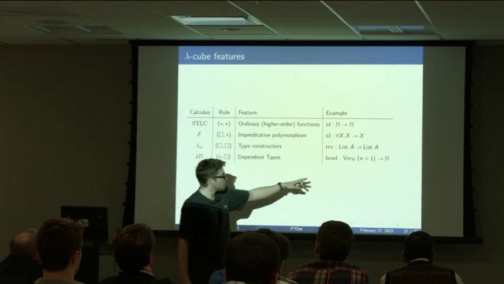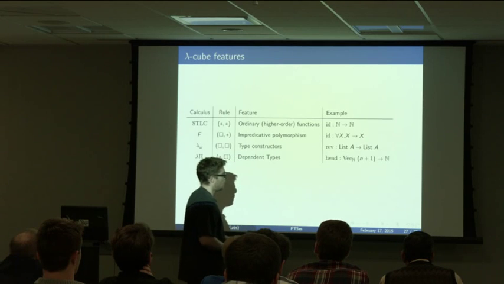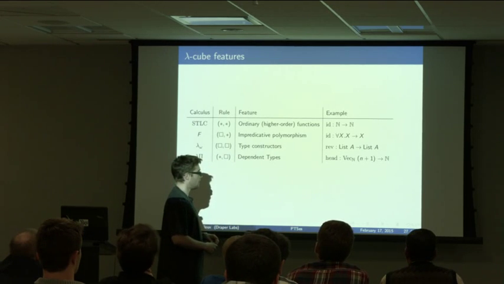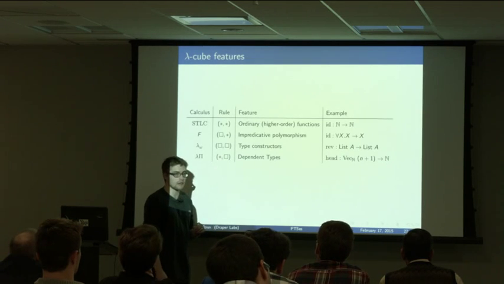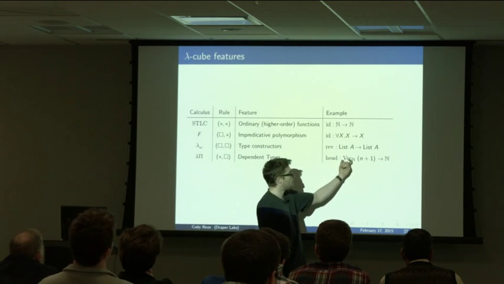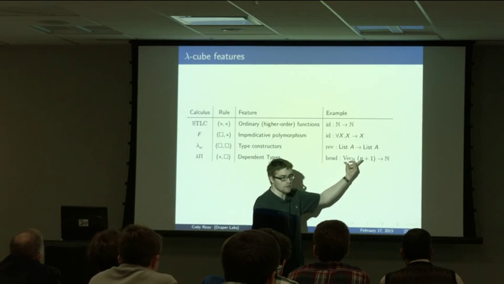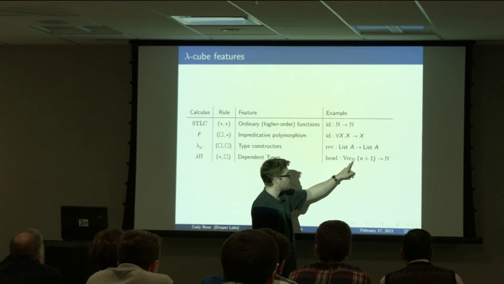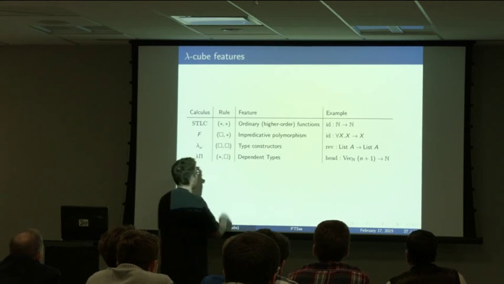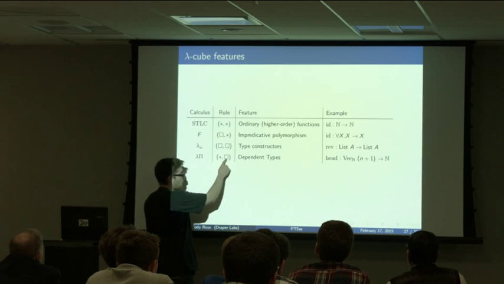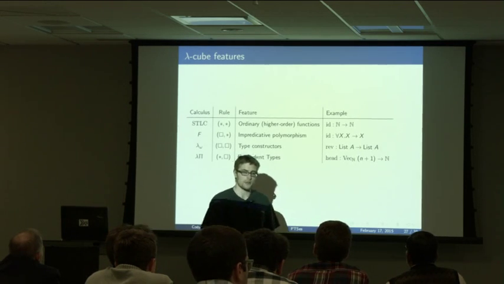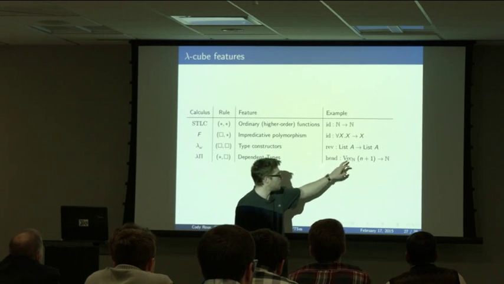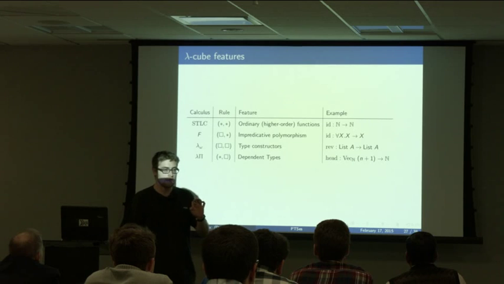Okay, so this vec thing I talked about earlier, it is only typable in the case where we have this star box box product. Okay, why is that? Because vec, which you need to form to be able to talk about vec n, that is of type nat arrow star. Okay, so nat is in star is in box, and so if you want to be able to say nat arrow star, you need a product rule that goes star box box. Okay, so star box box is sort of the crucial thing you need to define vec.